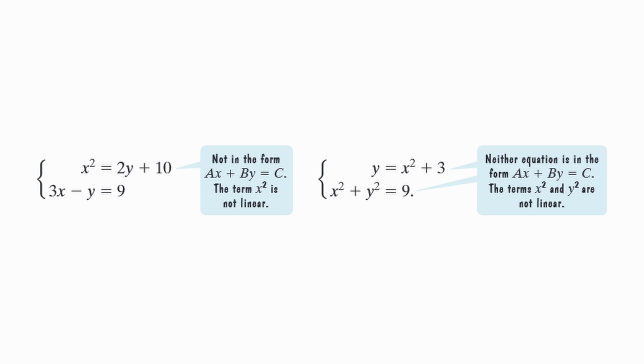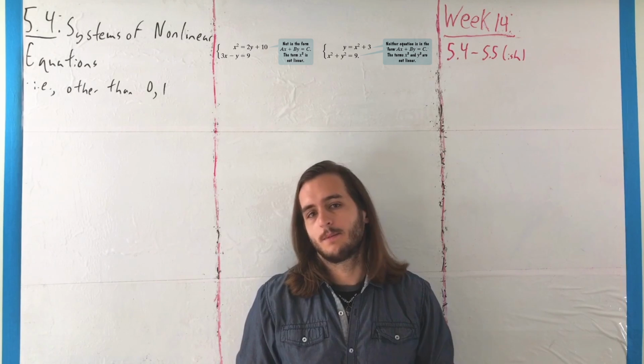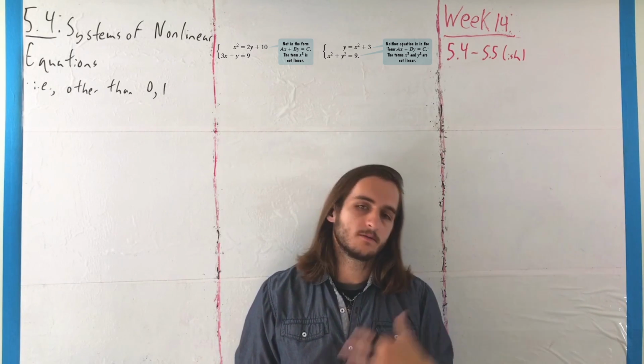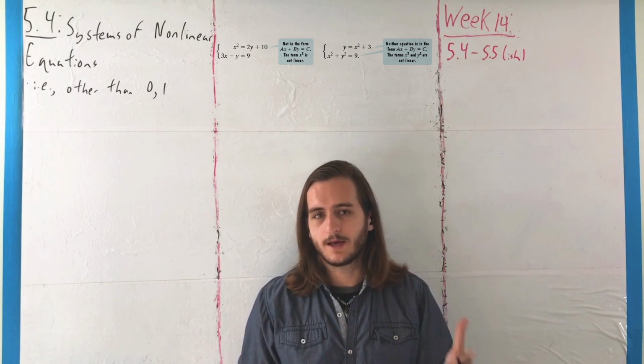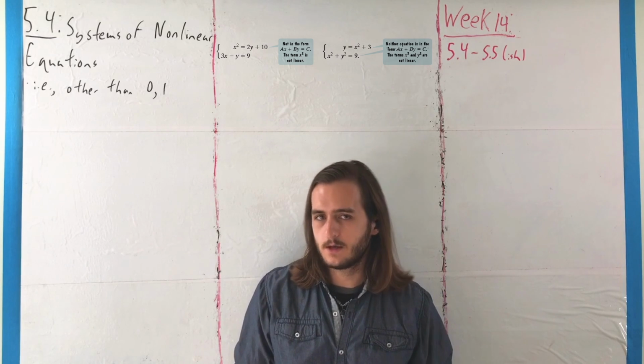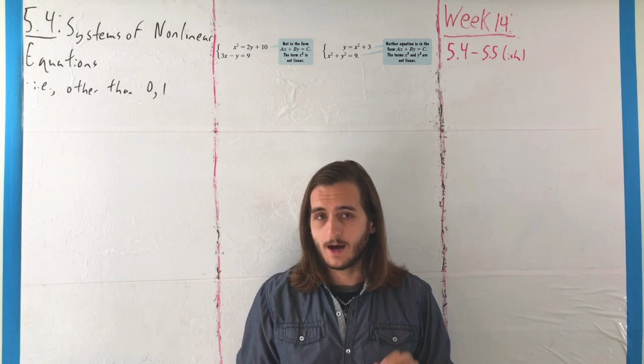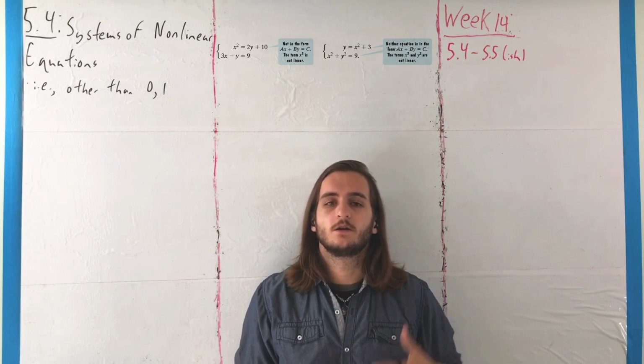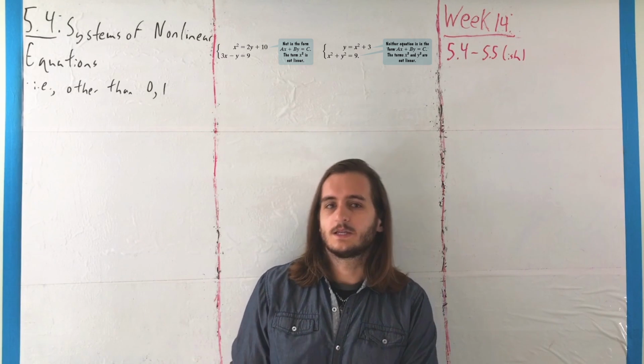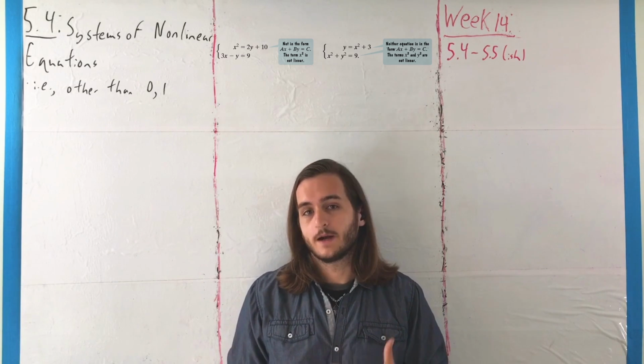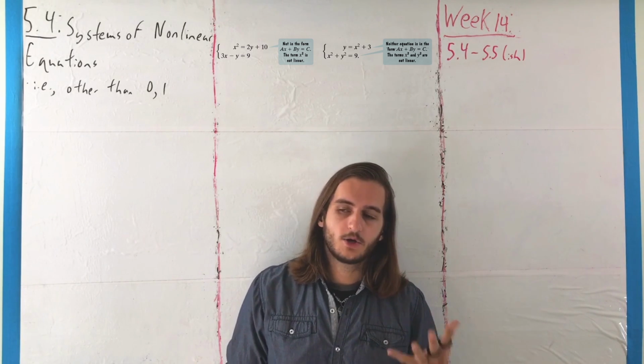y equals x squared plus 3, or x squared plus y squared equals 9. Or actually, that second one's not quite quadratic, it's more of a circle, but you get the idea there that we're not just talking about our simple linear terms. We got more exponents, we got more complexity, we got more polynomial flavored things, although we're generally not going to go higher than degree 2 here, just to keep things fairly simple in the approach, where the approach actually isn't